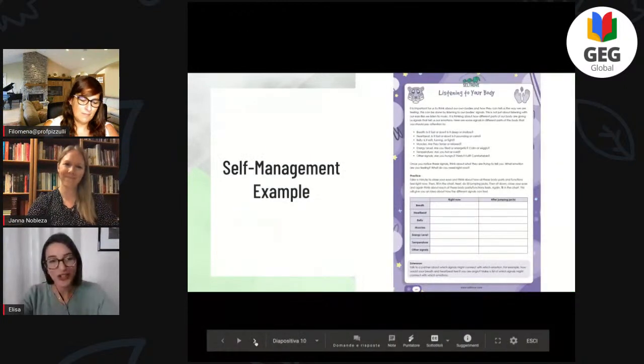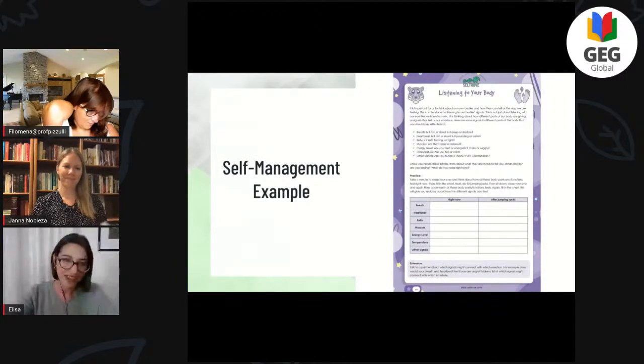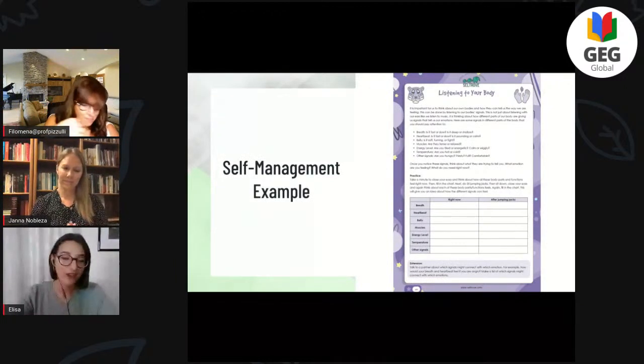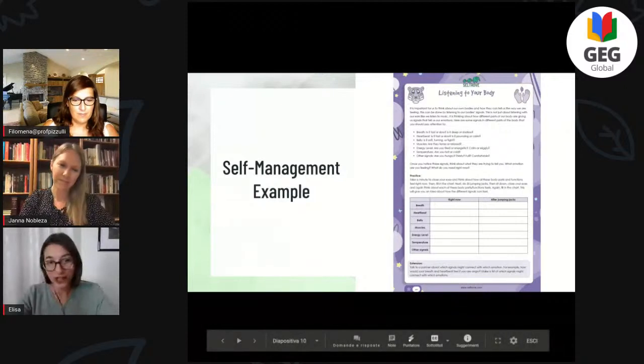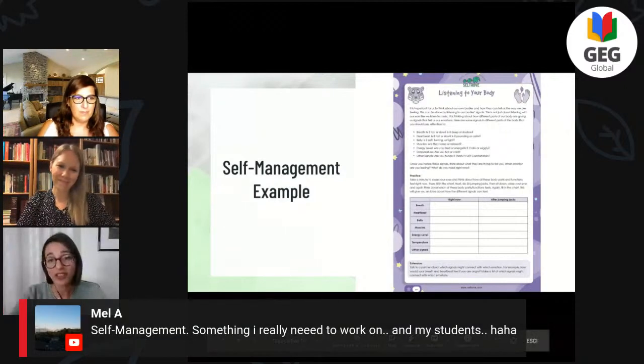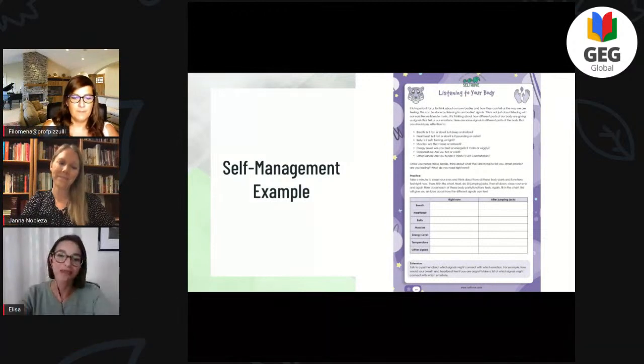So we will show you, again, for each of the 5 competencies, we selected an activity from our planners. Don't worry if you cannot read it right now. We will give all the resources to you at the end. We'll give you the link where you can download them and you can use them right away in your classroom.